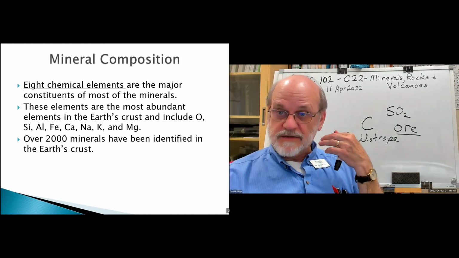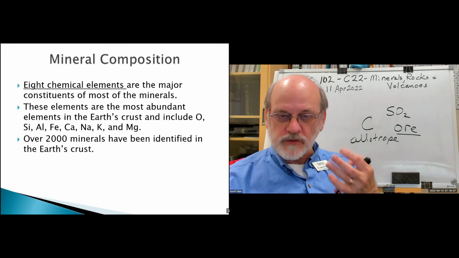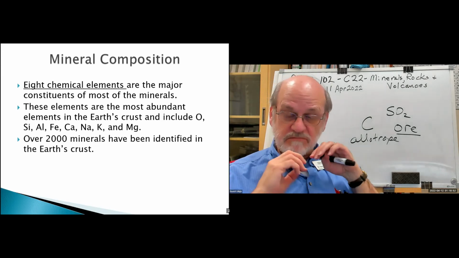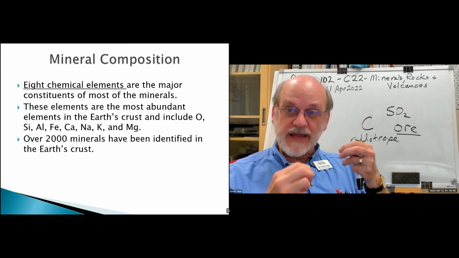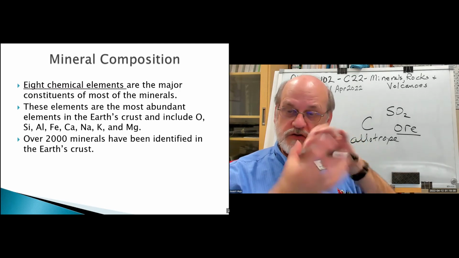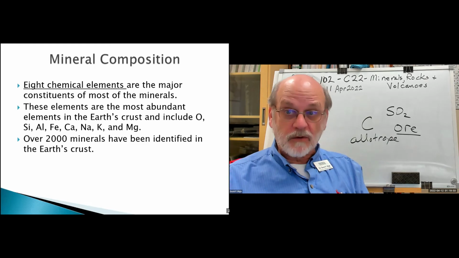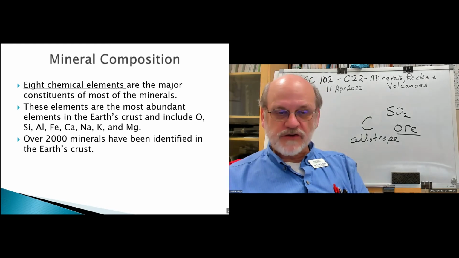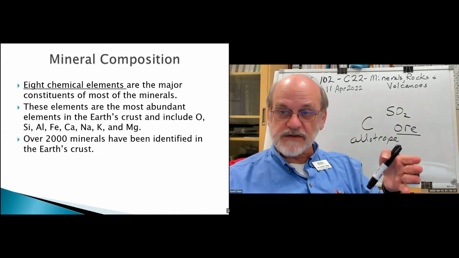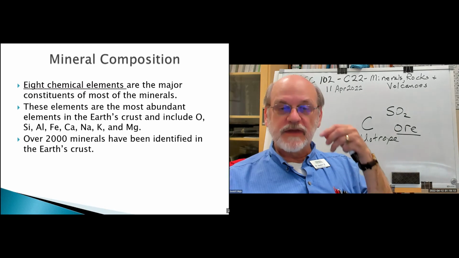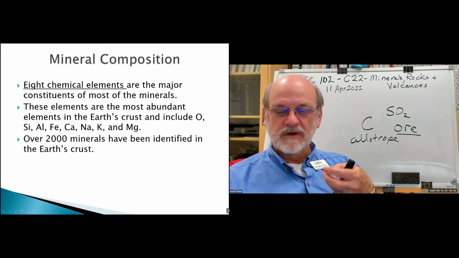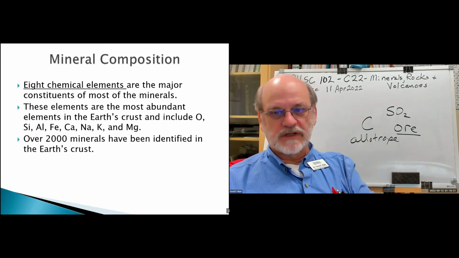Also, the structure, how are those elements arranged inside the mineral? They could have the same chemical composition, in other words, the same ratio of elements, but they may occur in a different structural arrangement. That makes a different mineral, right? So you can't just say the ratio of silicon to oxygen to aluminum is this, and it's always that mineral. It's the arrangement, the physical arrangement, structure also determines what the mineral is.